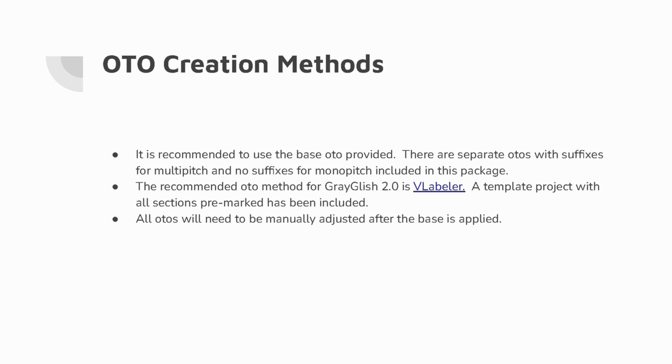When you finish recording, the recommended auto creation method that I like to use is VLabeler. Now, you know me, I've autoed in UTAU Classic for a number of years, but VLabeler makes it easy because you can tag different types of samples, like if you want to distinguish vowels from consonants, which is great because I like to work in different chunks of the rec list than what will be automatically sorted alphabetically. I have also included a template project with VLabeler, so all sections are pre-marked. You just have to load in your individual bank and point it to the oto.ini that's in its folder.